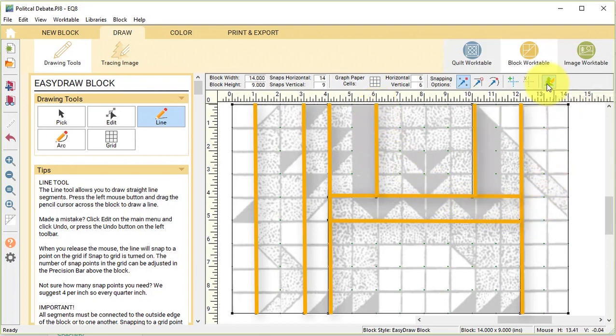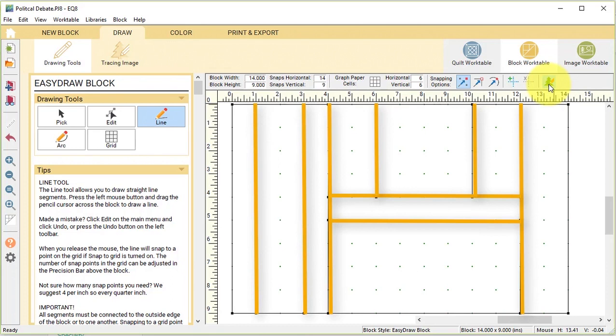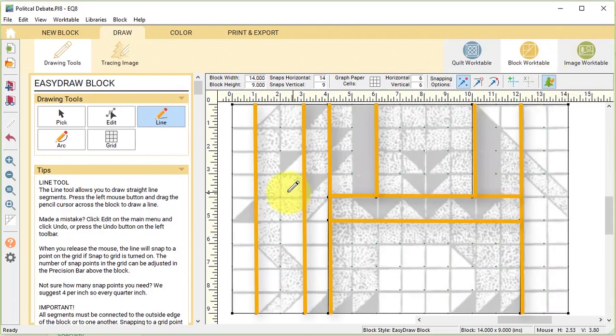And I'm just going to hide show image for tracing just so you can see where all of these sections are at. Now once I have done that, I am just going to take this one section at a time, and I'm going to figure out where I can eliminate lines within each of the sections. So in that first section, I only need to draw horizontal lines at 4 and 5 inches and a diagonal